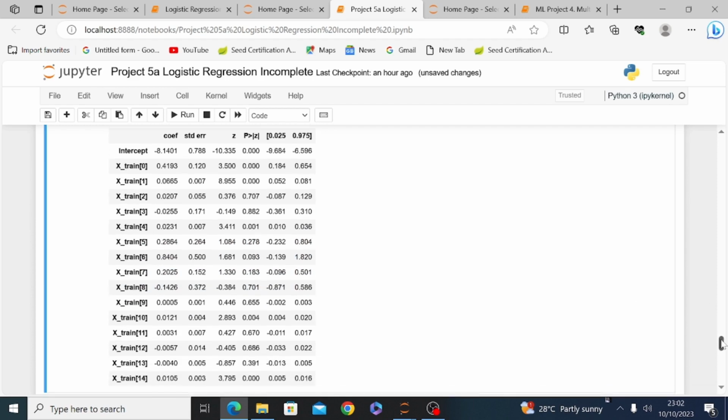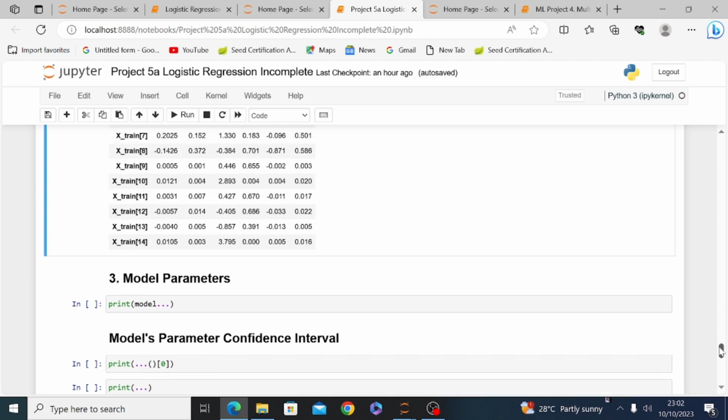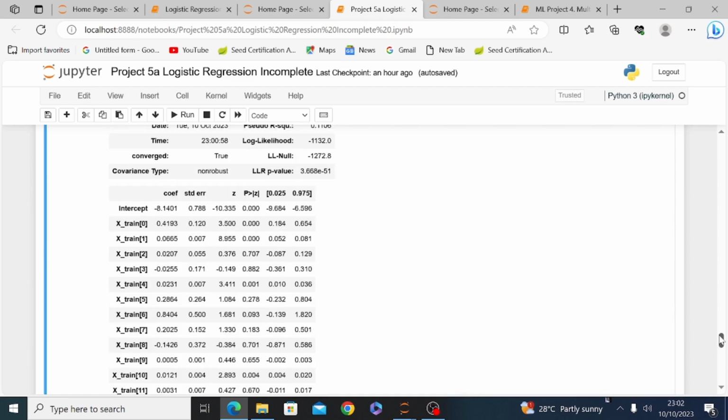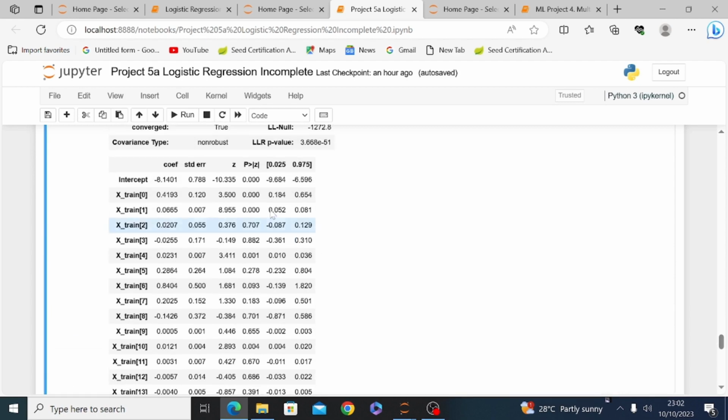A number of features are not significant. They cannot influence or explain the dependent variable, which is our heart rate, so it will lead to incorrect classifications. But there is a need to use the Python SciPy package, or we can rerun it after selecting the independent variables which are significant, such as these ones: